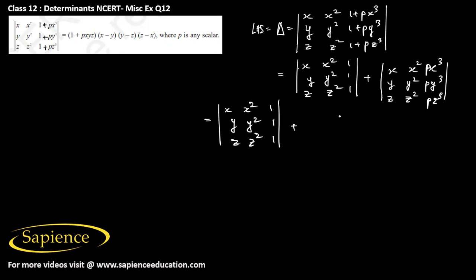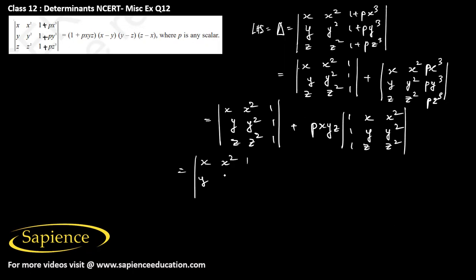from the third column we can take p as common, then from the first row we can take x as common, from the second row we can take y as common, and from the third row we can take z as common. So this will be pxyz into the determinant of 1, x, x²; 1, y, y²; 1, z, z². So then this can be written as the determinant of x², 1; y², 1; z², 1 plus pxyz into